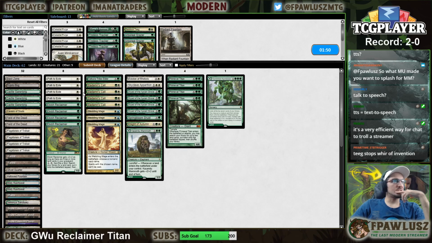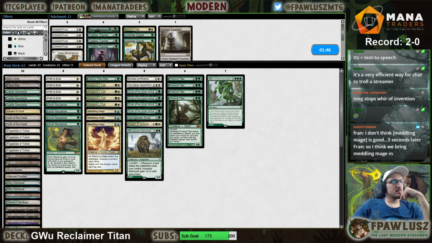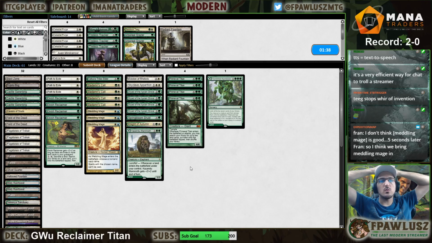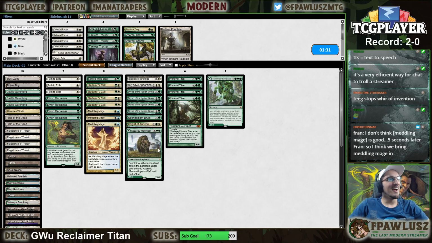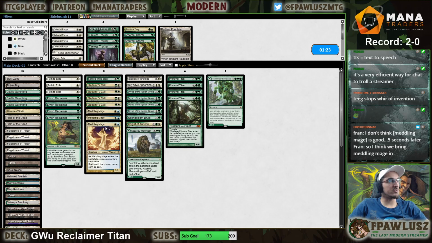Can cut a fountain. We probably need the paths. Let's cut one because we are bringing in Meddling Mages. I don't think Meddling Mage is good. The fact that I'm bringing it in, I still don't think it's good, right? It's not that I think this is a bad card. It's more a matter of